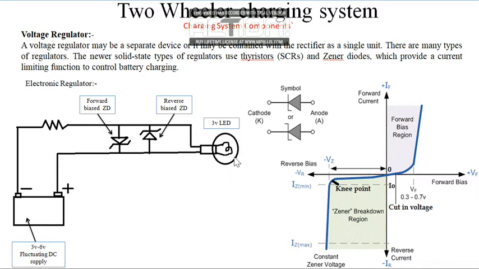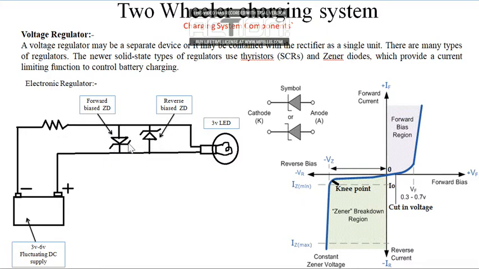This is a 3 volt LED, which needs only 3 volt. If you give more voltage beyond 3 volt, it is supposed to burn. So we have to prevent this damage. Here a resistor is also mounted, but the resistor alone is not sufficient. So in order to regulate the voltage applied across this 3 volt LED, I have used two Zener diodes.